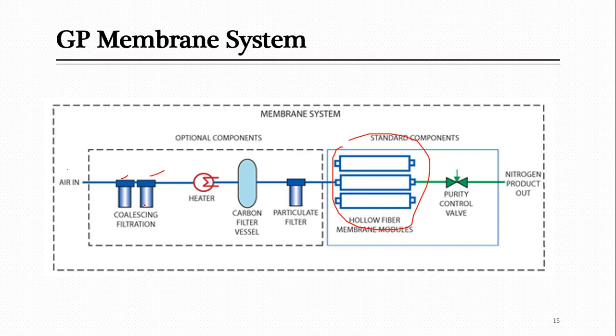Small particles which are part of the stream get separated through this filter. Then you heat it up. Why are you heating? In order to avoid the condensation of some hydrocarbons. Then there is a carbon filter that's used for adsorption of some of the components which are impurities. It is not necessary to have all these units, it depends on the application, but some of them can be used. Just consider this is the heating system.